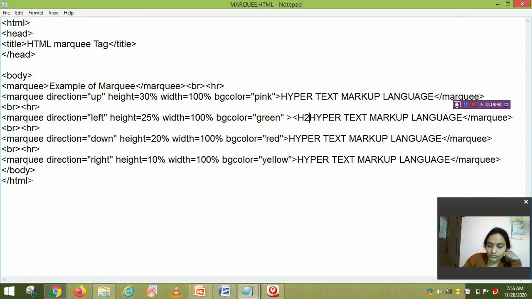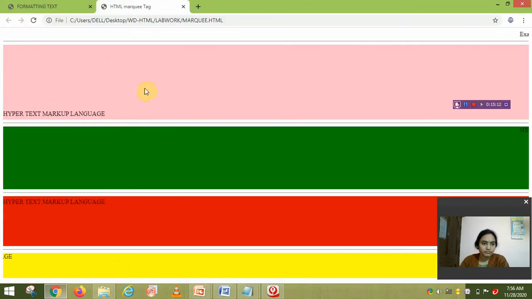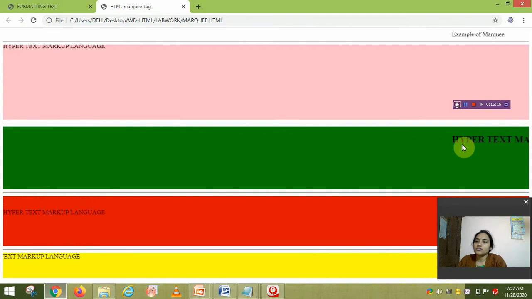H2, that means the text is bigger in size. Heading size. This one is bigger.